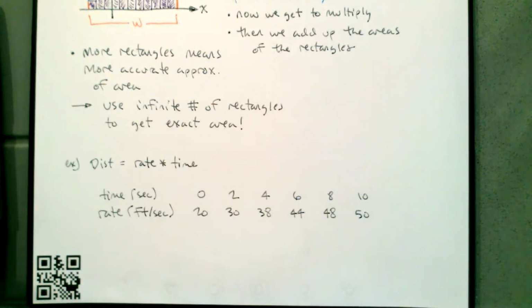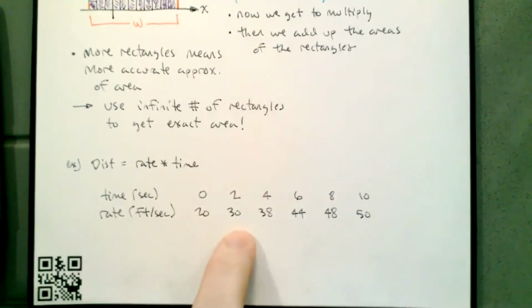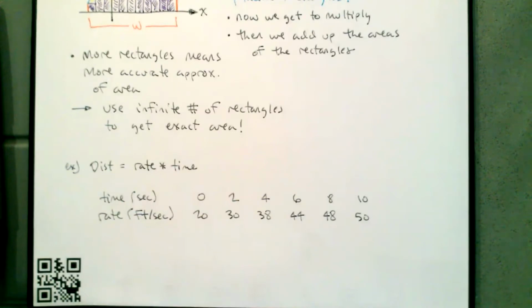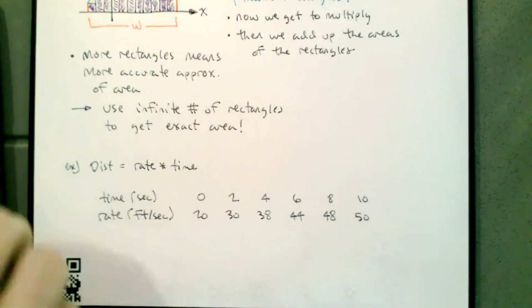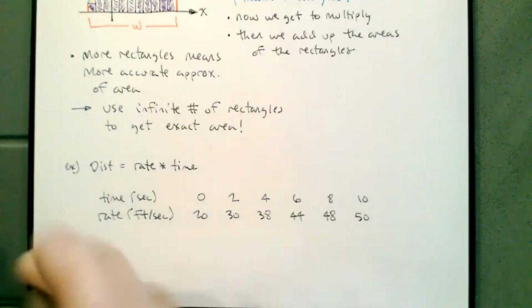So we notice that the rate increases from 20 to 30 from 0 to 2 seconds. So one thing that we can do is just say, well, let's get a lower bound on the distance by just using 20 as the rate for that whole first 2 seconds. So in this first 2 seconds,